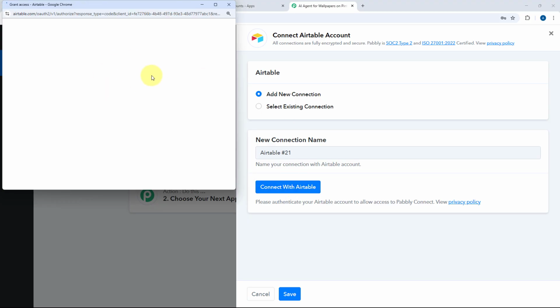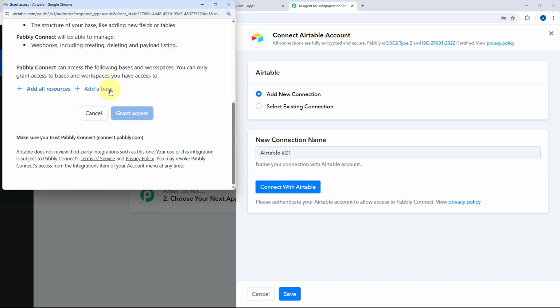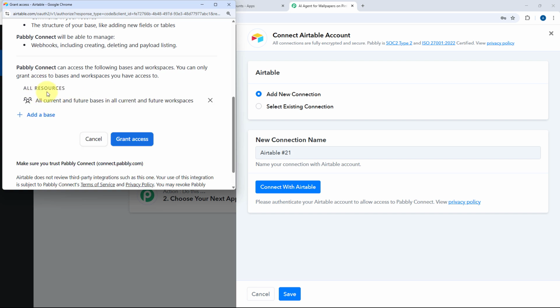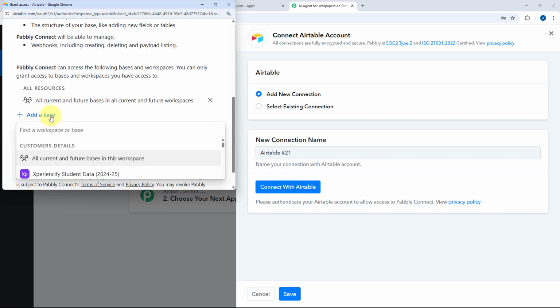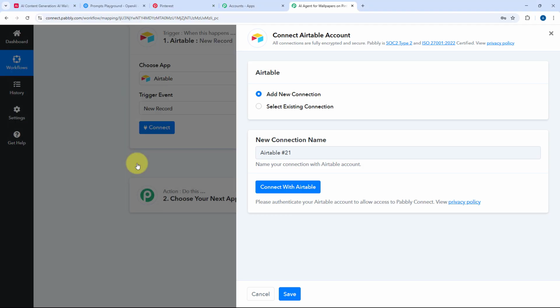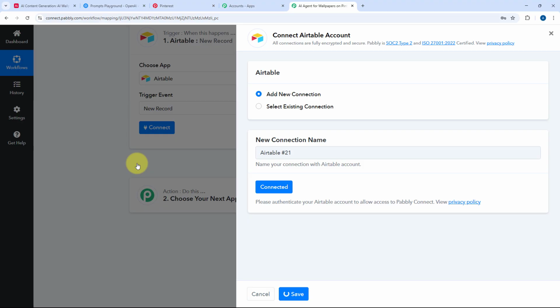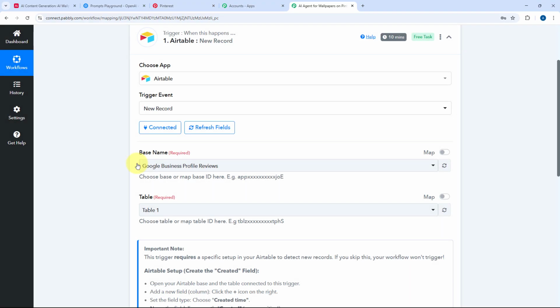And after that, here in the pop-up window, we just have to scroll down and select the bases over here, which bases from our Airtable account we want to connect with Pabbly Connect. Here, I'll click on Add Resources, and in Add Base, I'll select all current and future bases in the workspace and click on Grant Access. If you just want to connect some specific bases with Pabbly Connect, you can select that too in the pop-up window. Then after that, here you can see our Airtable account will get connected with Pabbly Connect in the trigger